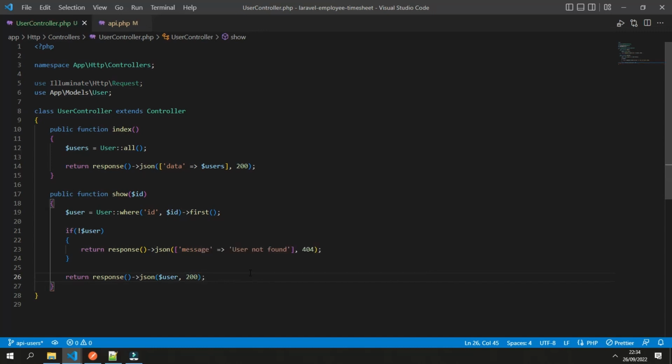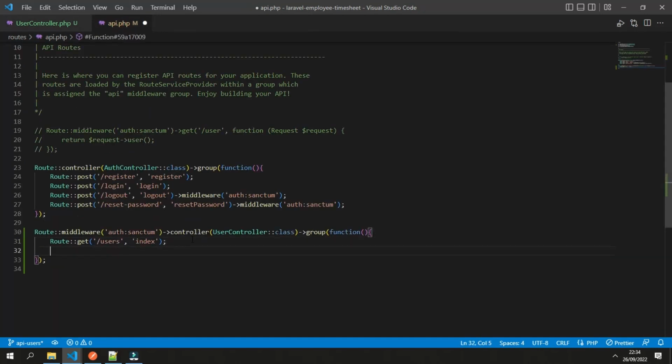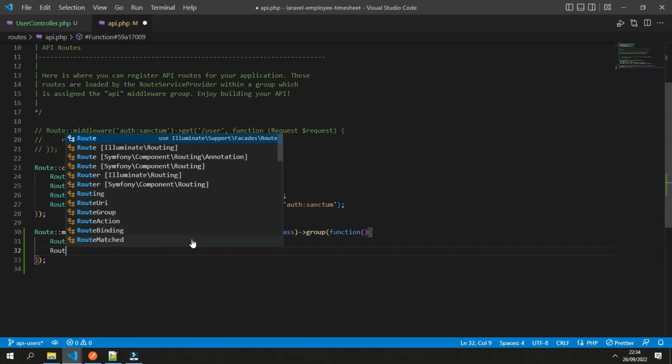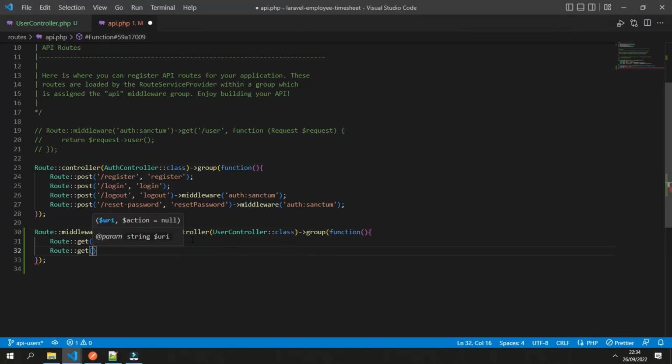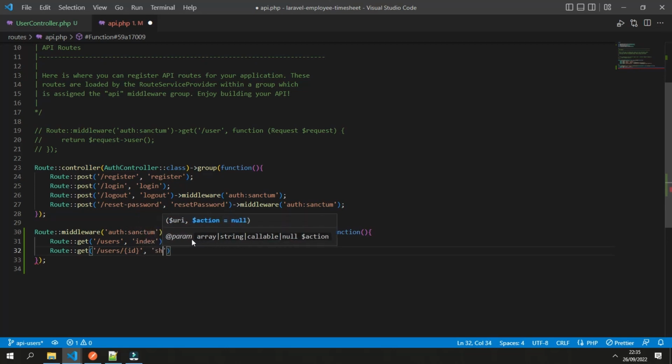Next we add the route. This would be a GET request with the URL of users/{id}, and the action of show. That's it.